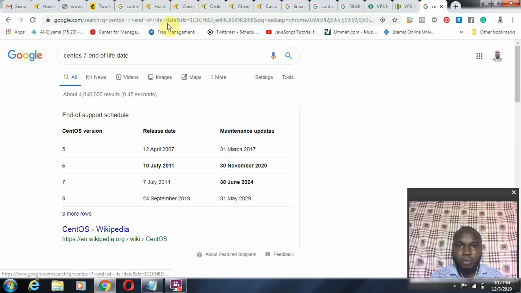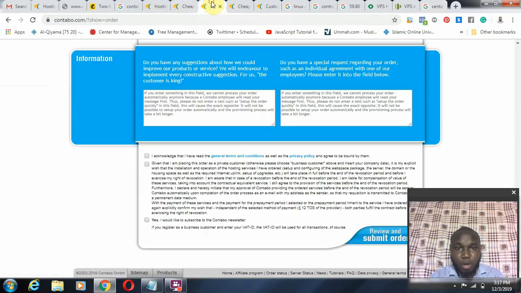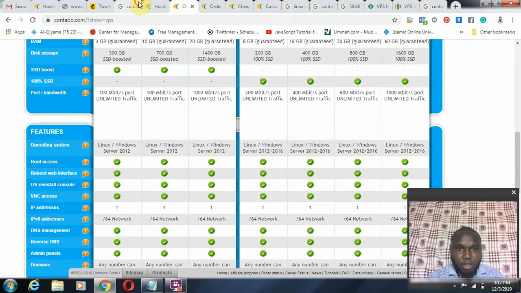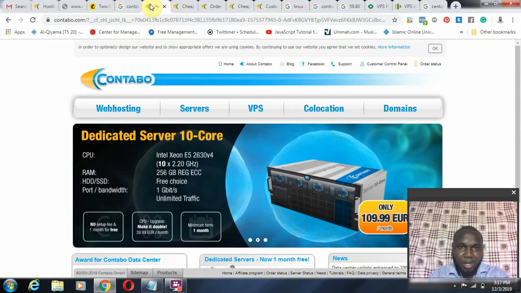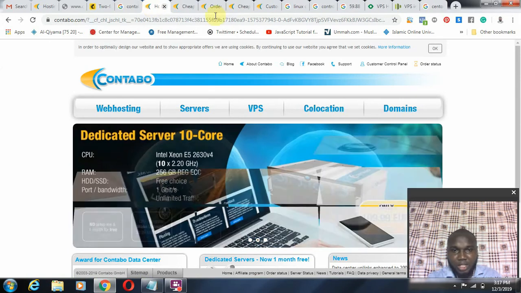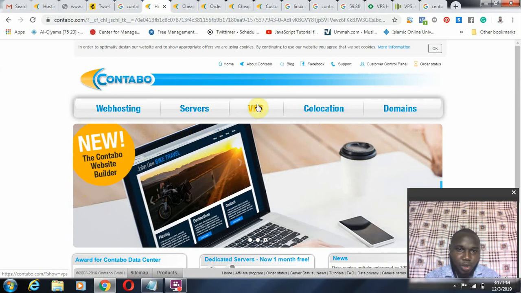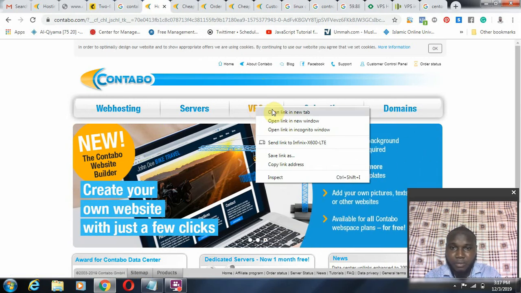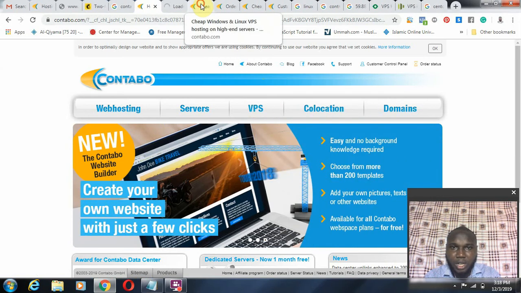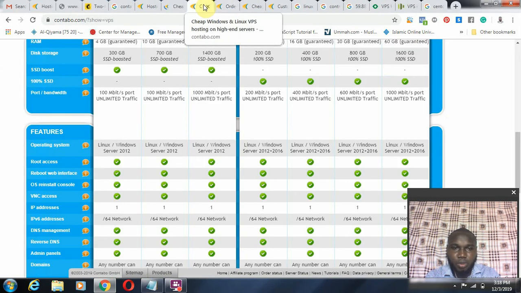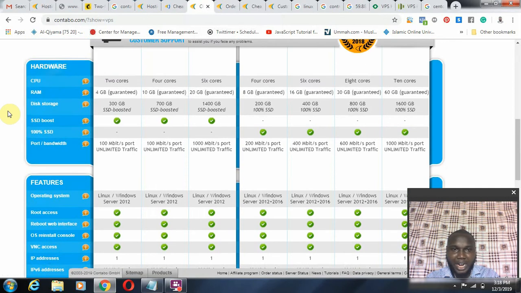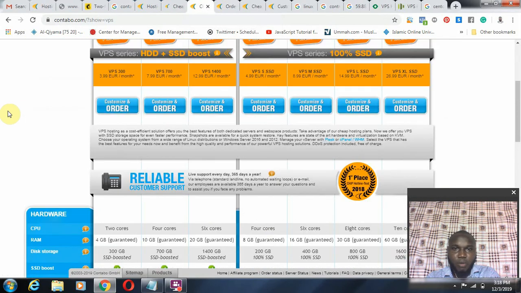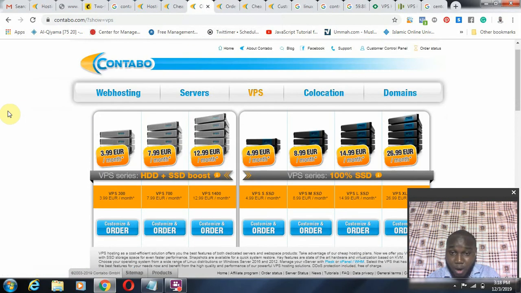So what do you need to do? You just need to come to Contabo. Just come to contabo.com. Just click on the link below. It's going to take you to Contabo, and once you get to this Contabo site, we really want to work on this VPS. Okay, we only want to work on the VPS, so just click on VPS. So once you click on VPS, it's going to take you to a VPS solution where we can actually see so many VPS server environment